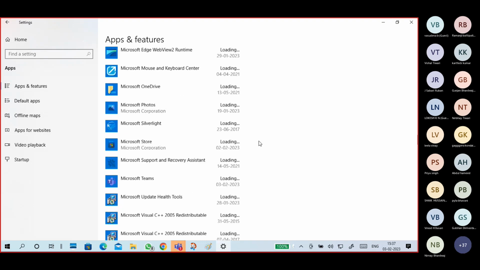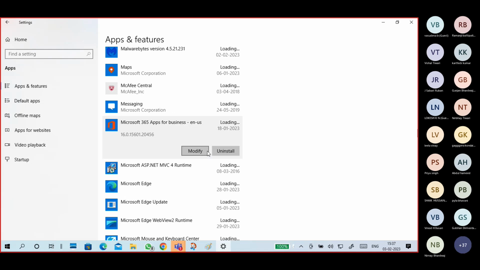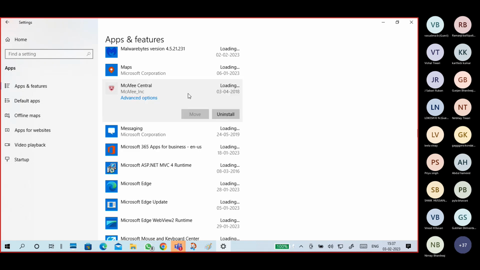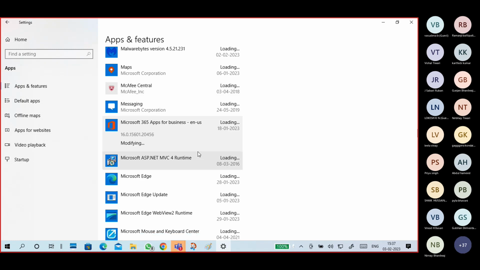So I will go to Microsoft 365, see the modify option. I can uninstall the application. If in case, guys, an application is not working, or you don't require the application, uninstall it. If the application is not working, then click on modify,